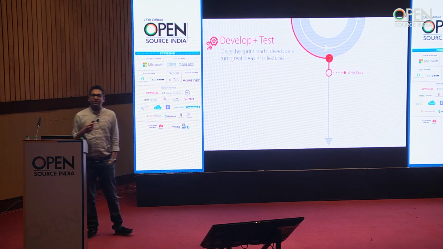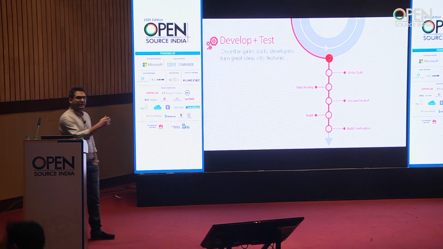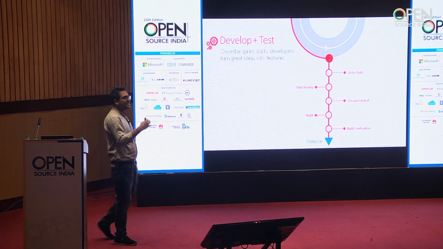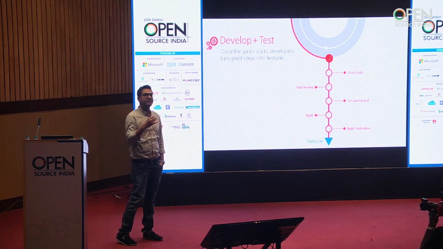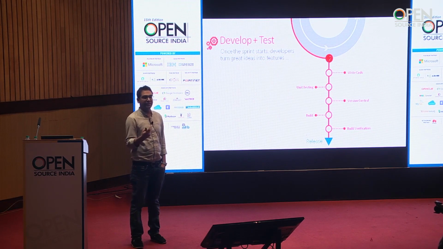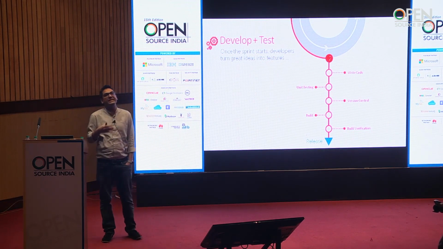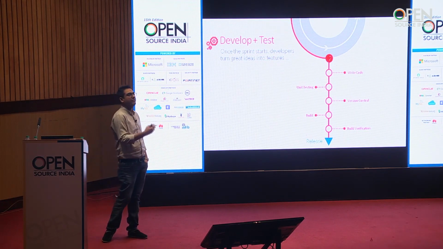The second part of the DevOps process is development and test. As a product manager, you have created a backlog, which is prioritized, and have asked the development team to start and run with that. What does that mean? When the sprint starts, the team starts developing on the backlog that you have prescribed.